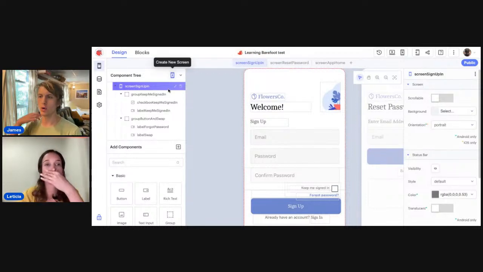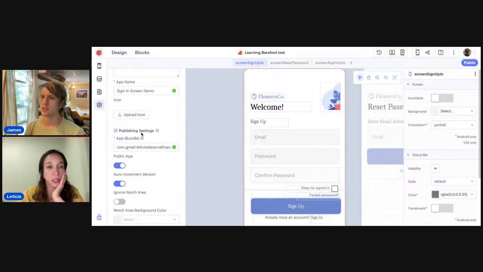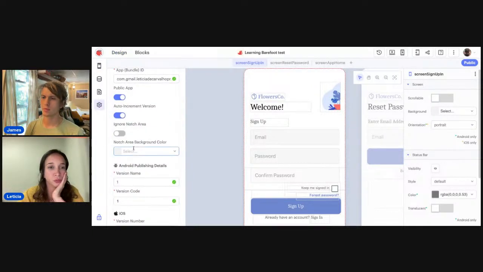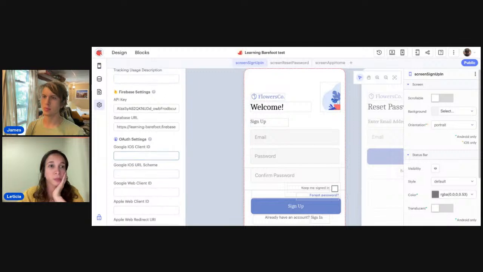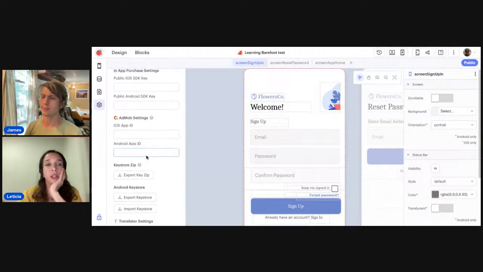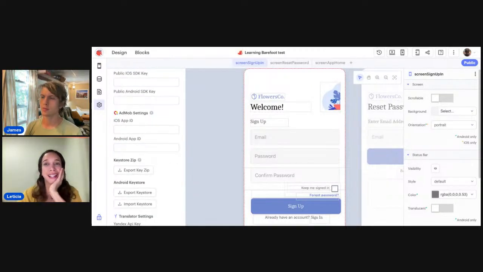Perfect. I set up here the API key and the database URL. Cool. I think that was it, right? Did I miss anything? That should be fine.